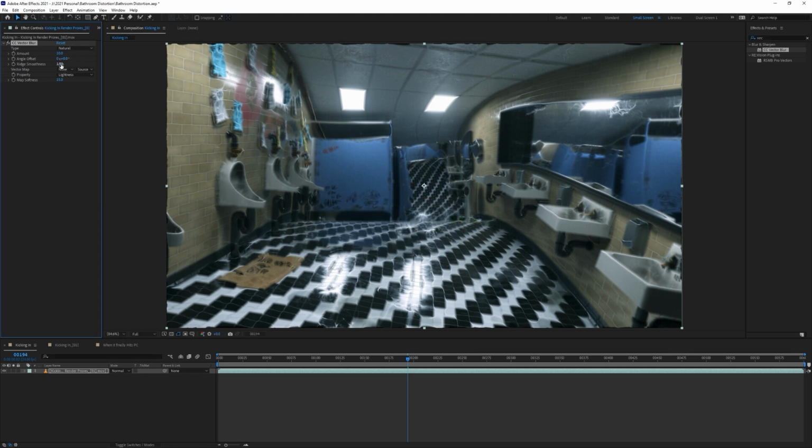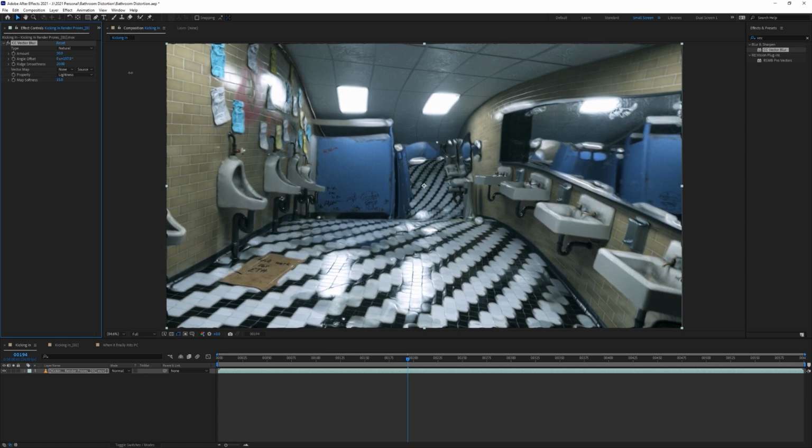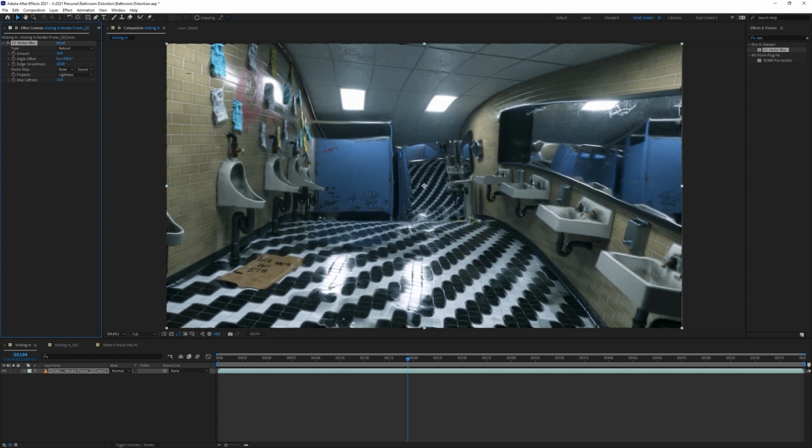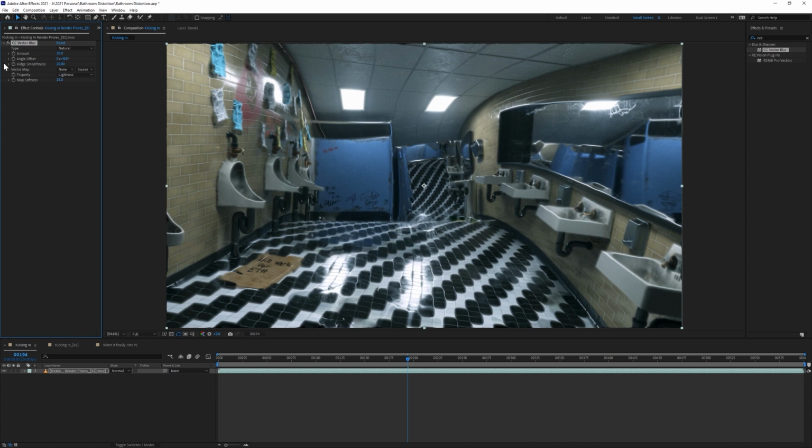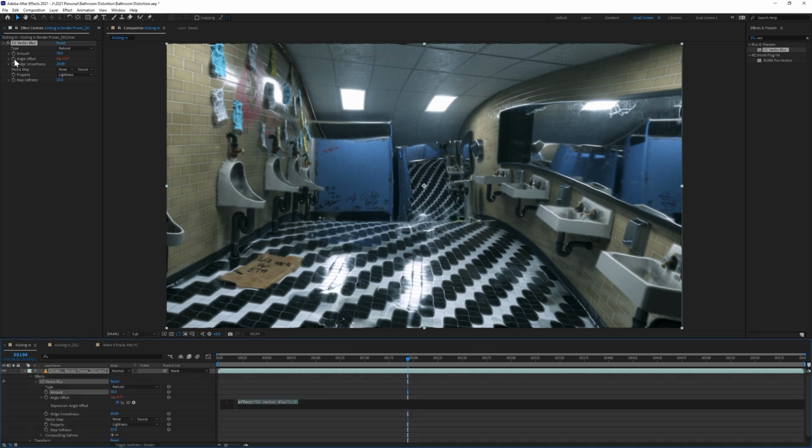So what we're going to do, we're going to increase our ridge smoothness to like 20. If we increase the amount of blur, let's take it to like 30. You can see that things are starting to bulge out. And if we take the angle offset and scrub through that, we can see that, especially look at the tiles here, things start spinning around and moving. And it's just this very organic, psychedelic feeling filter. So basically, all you have to do is alt click on the stopwatch here and put a little expression